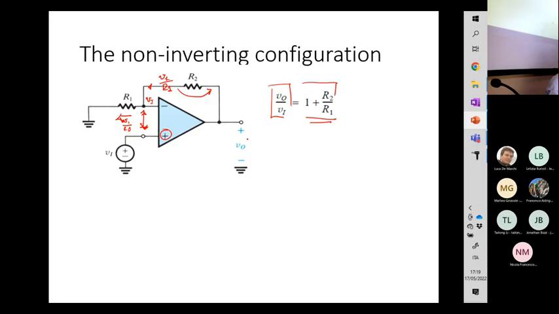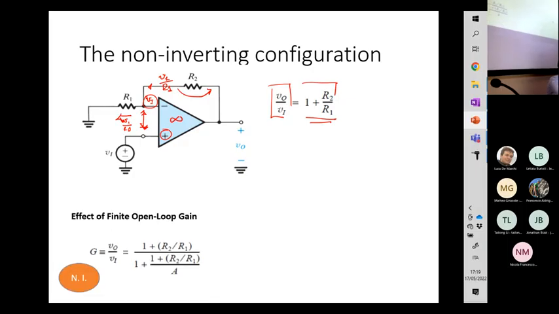You can easily prove it by just adding up to VI the voltage drop across R2, and you get V out. The problem is that this non-inverting configuration result is based on the assumption that the gain is equal to infinity, but